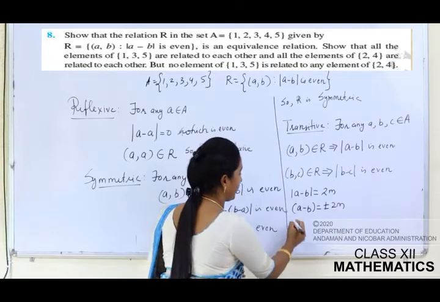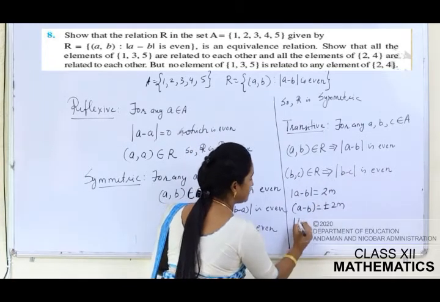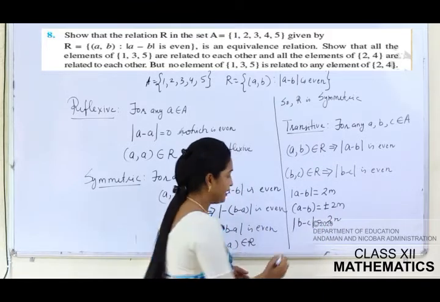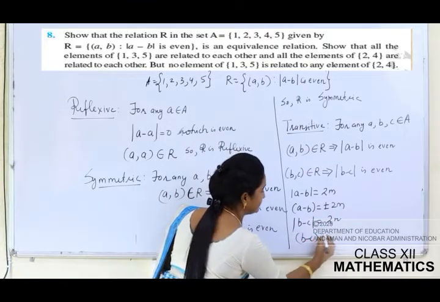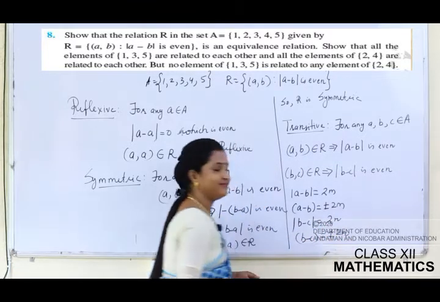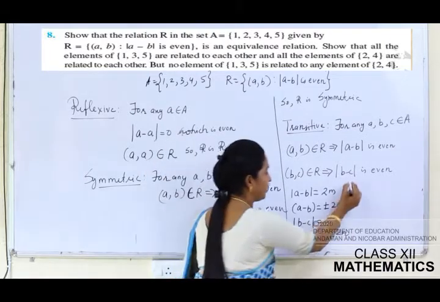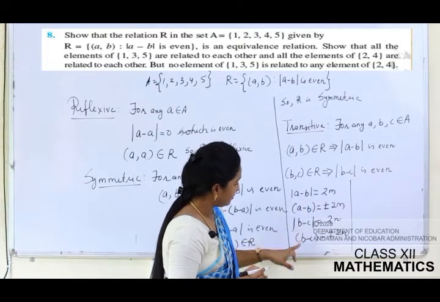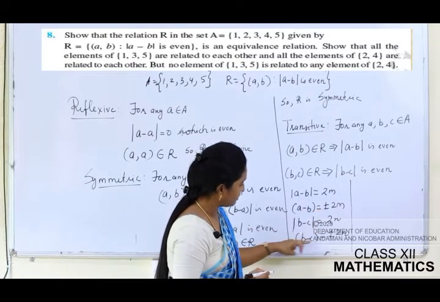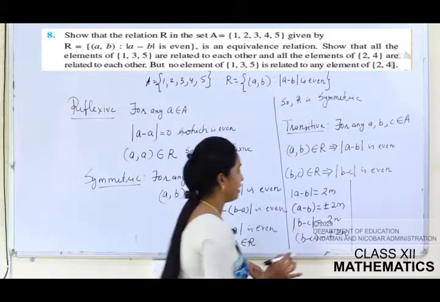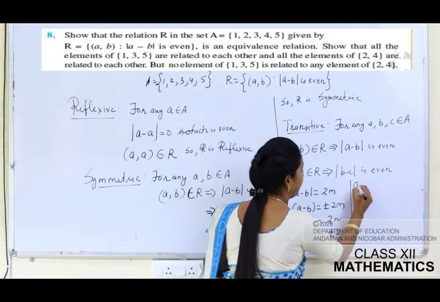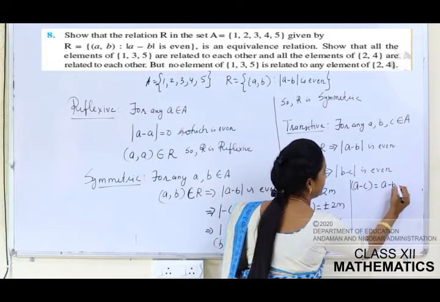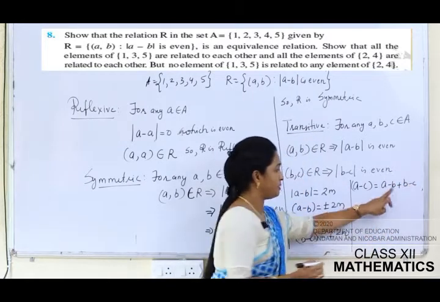Now same way B minus C is even means B minus C is also equal to 2n, we take it. Okay, that means B minus C is equal to plus or minus 2n. Correct? Now since these two are even, A minus B भी आपको even मिलेगा, B minus C भी even मिला, ये दोनों आपको even मिल गया. अब हम देखेंगे A minus C can be written as A minus B plus B minus C because B gets cancelled out.